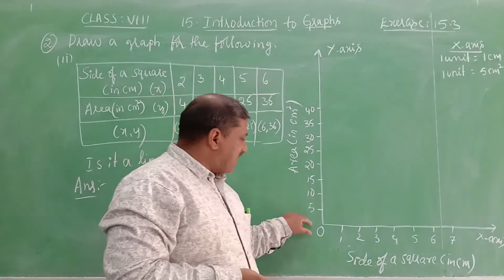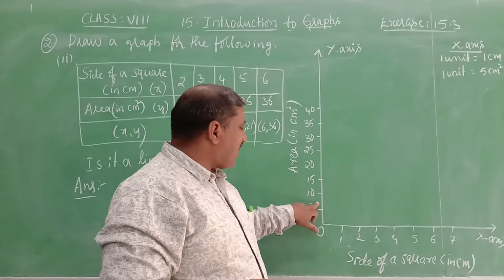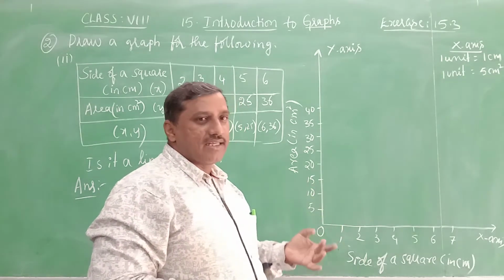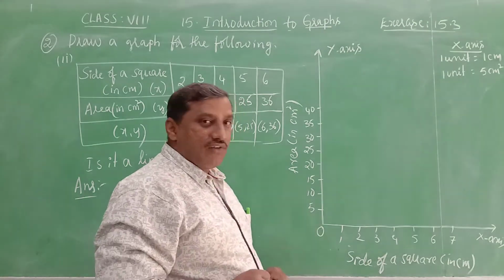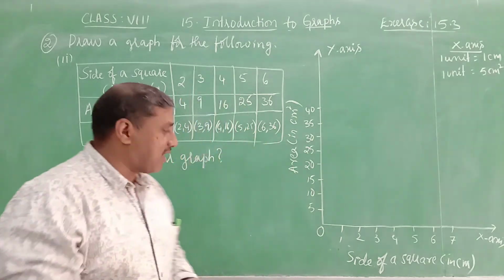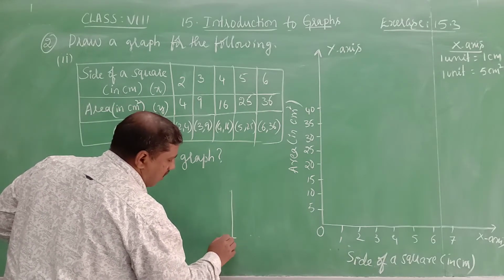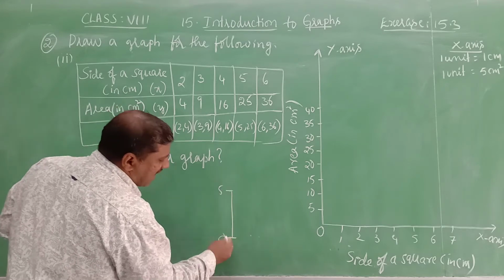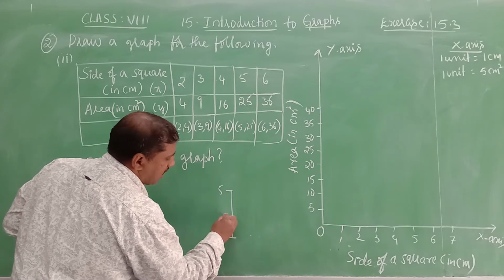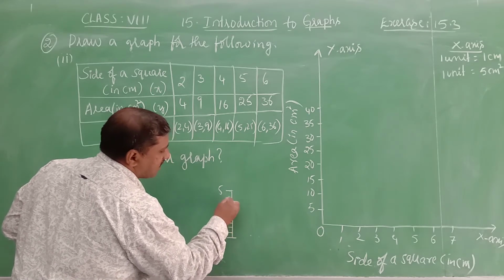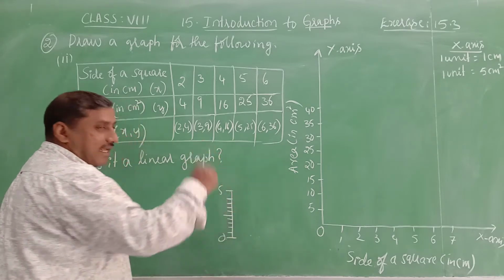See here, in between 0 and 5 we have 4 values. 1, 2, 3, 4 and then again from 5 to 10, after 5 there are 6, 7, 8, 9 and 10. So 4 values are there. Where do we get those values? Between 0 and 5 on our graph sheet we will have 10 lines, like this. If this is 0, and this is 5, here we have 10 lines. 1, 2, 3, 4, and it is 5. 6, 7, 8, 9, and it is 10. 10 lines are there, so a total of 10 parts.